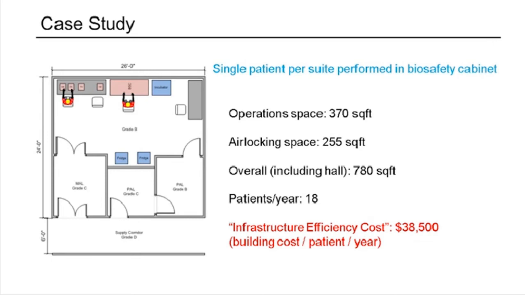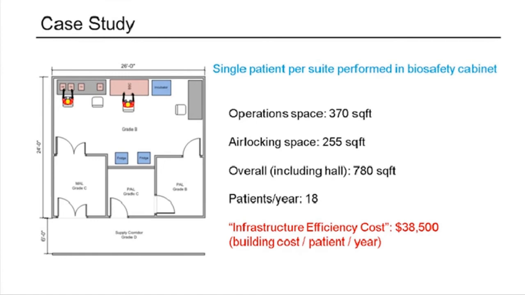Single patient per suite performed in an open manner inside of a biosafety cabinet. So you've got a grade A, or ISO 5, biosafety cabinet with an ISO 7 background, and then cascading airlocks from a common supply corridor. Here it's shown bidirectional,